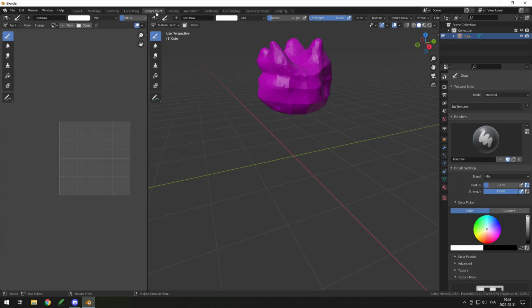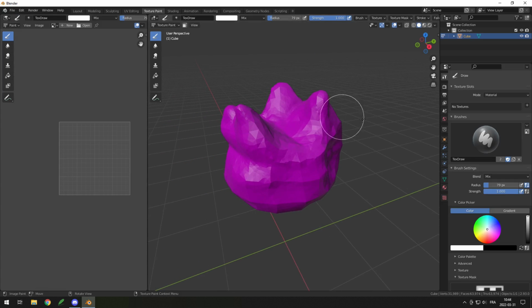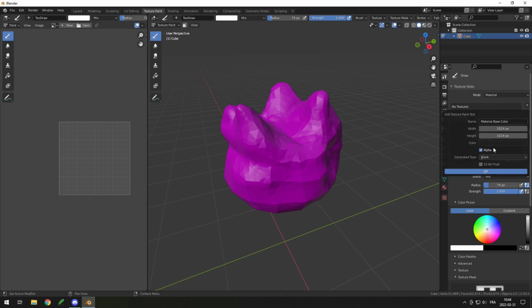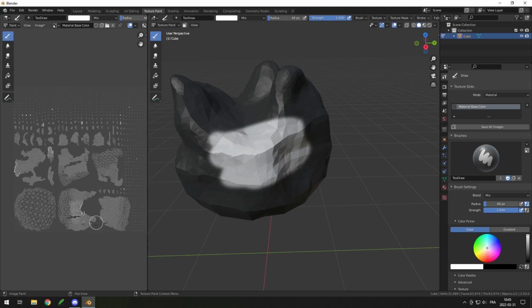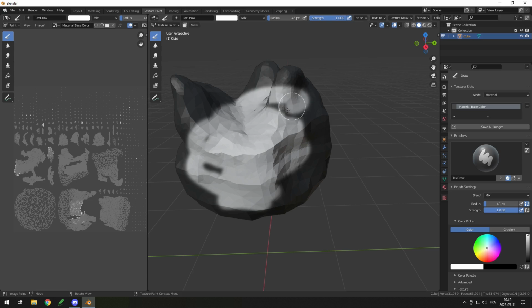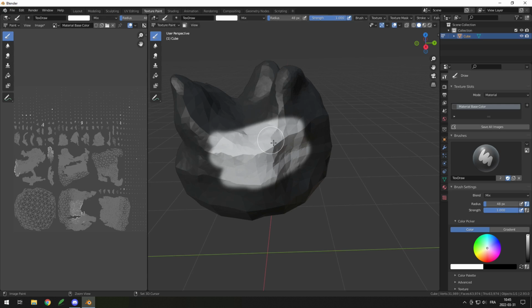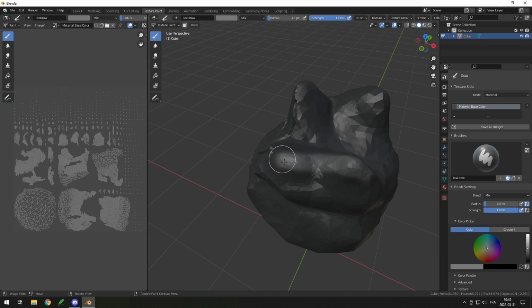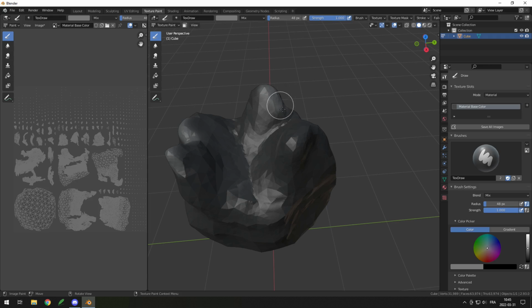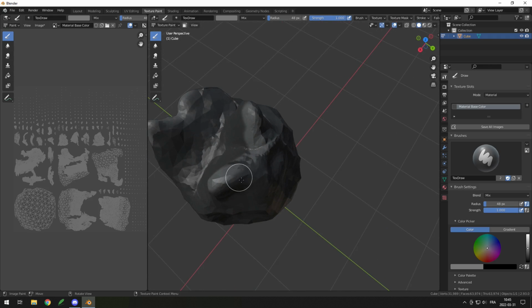Then you can go into the Texture Paint tab, create a new texture, give it a name, choose a base color, choose a higher resolution if you want, and then create it. Now you can see I can choose a color and paint on the rock, and it will draw it on the texture. You can pick a color on the mesh or texture using the S key, so if I grab the rock color, go a bit lighter, and then draw on the top, it already makes the rock look a lot better. But once again, you can use